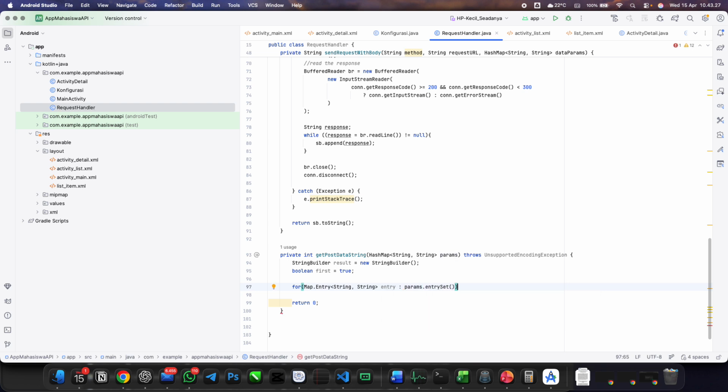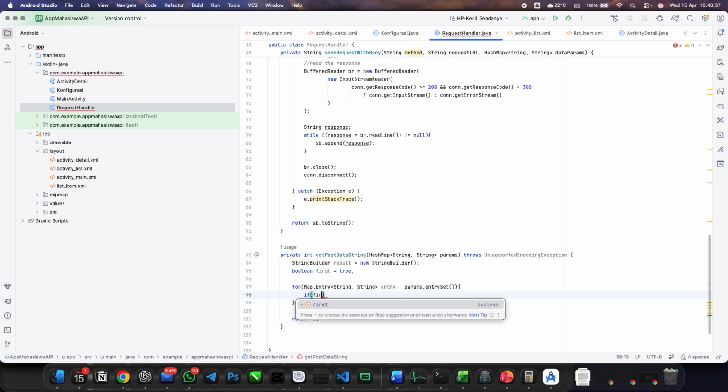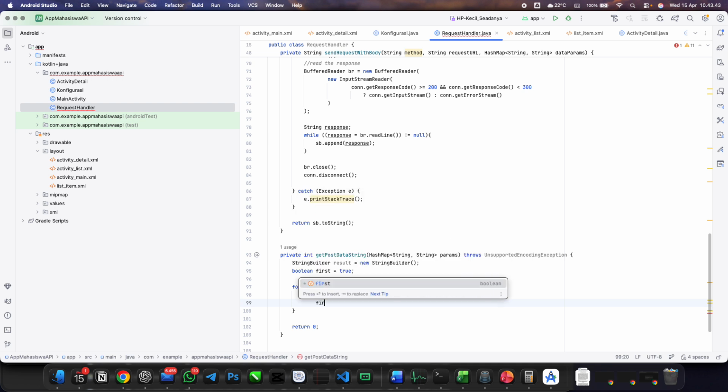Like this one. If it is the first line, first is true, we will set it to false.